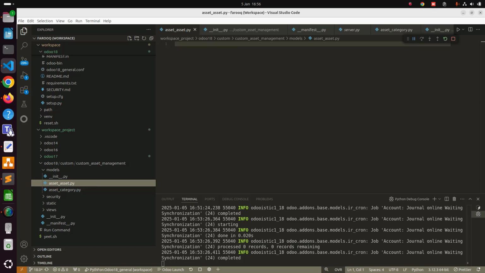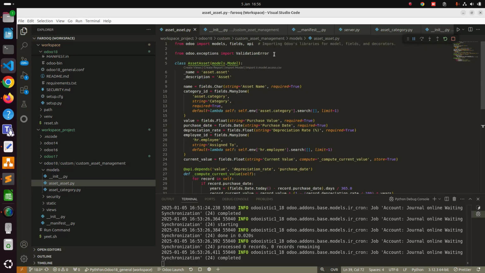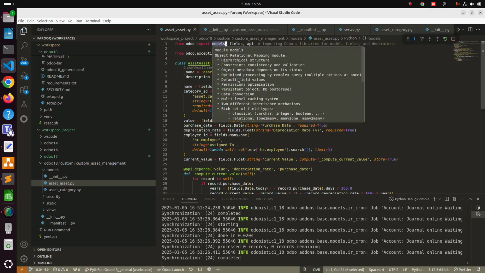So this file initializes the app's Python modules. It ensures Odoo can recognize and load the models defined in the models folder. And the code, let me just copy the code for this one. Okay, so this is the full code of this file. So first I start with the first line, from.import